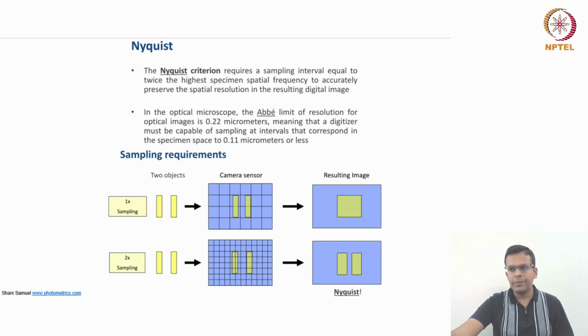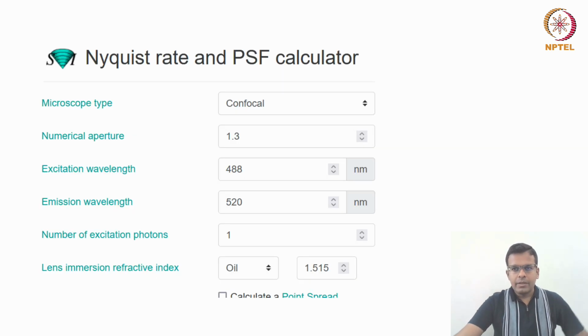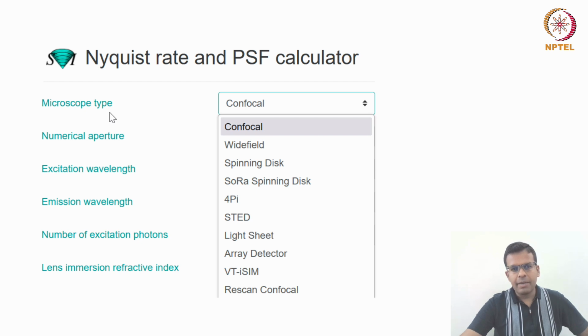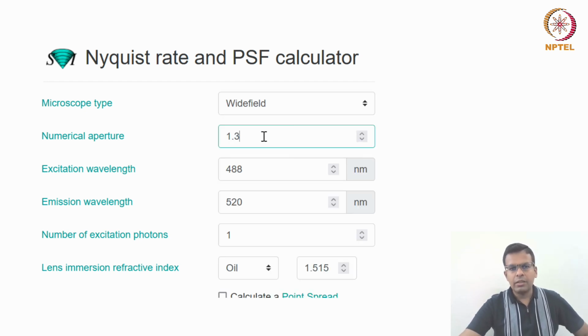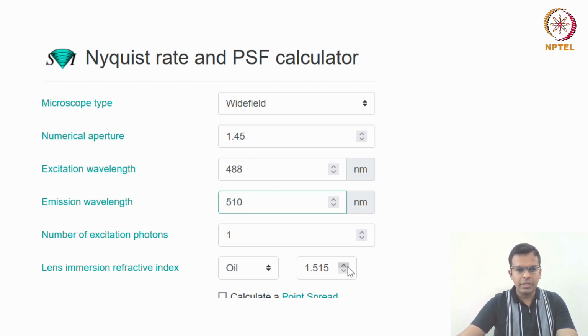I will show you here. So I showed you the Nyquist calculator before. Here you can see this is the Nyquist calculator, and you have to select the type of microscope. So suppose you are using wide field imaging, then the numerical aperture of your objective lens is, let's say, 1.45. For your excitation and emission wavelength, you are imaging GFP, and your excitation wavelength is 488 nanometer and the emission wavelength is 510 nanometer.